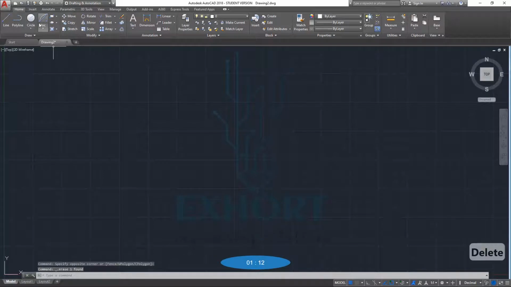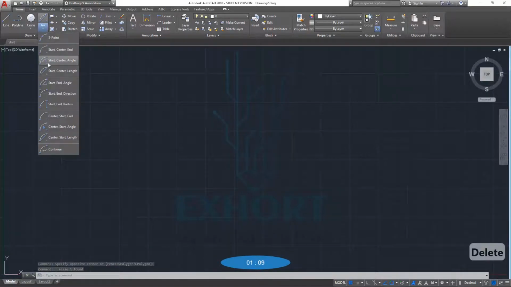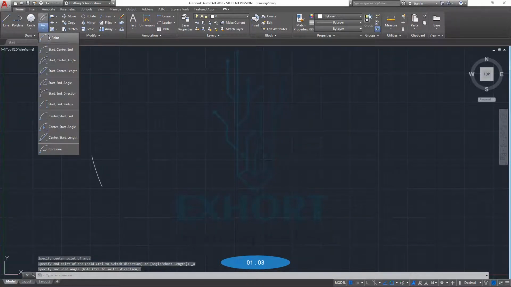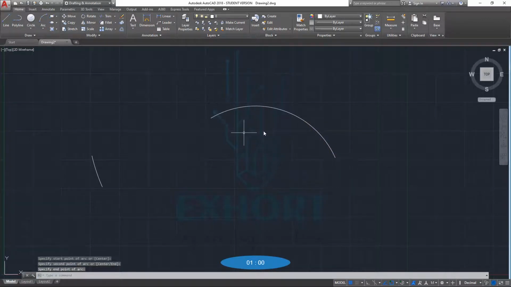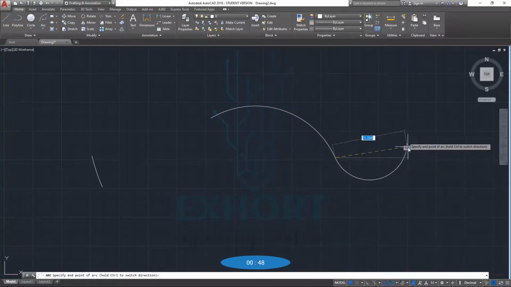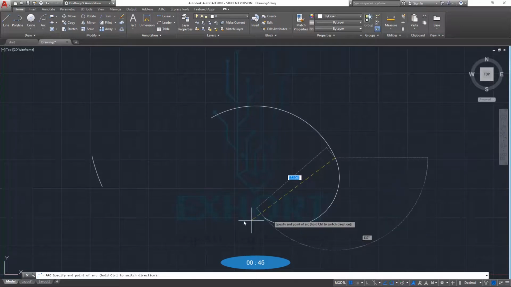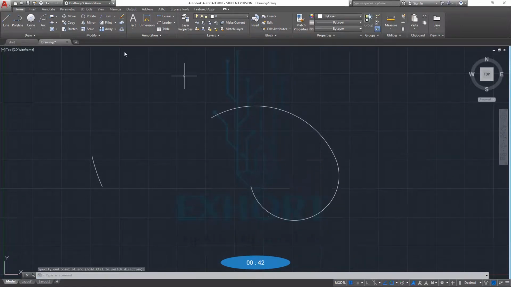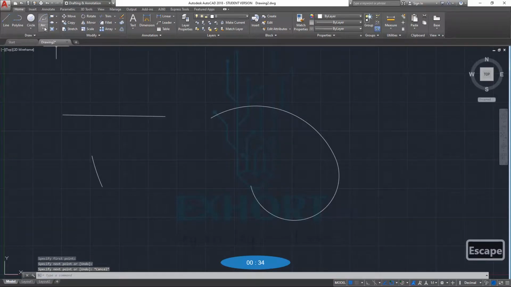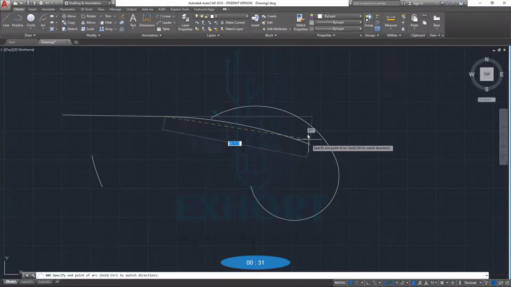So friends, suppose I have drawn this arc, and also these arcs. Here you will notice that our command has ended, but if we want to extend this arc from this point, we have to choose the continue tab. As we select the continue command, our arc from that start point will automatically get selected. Not only for the arc: if we have drawn a line and we want to draw the arc from this point, just select continue and our arc will start from this point.